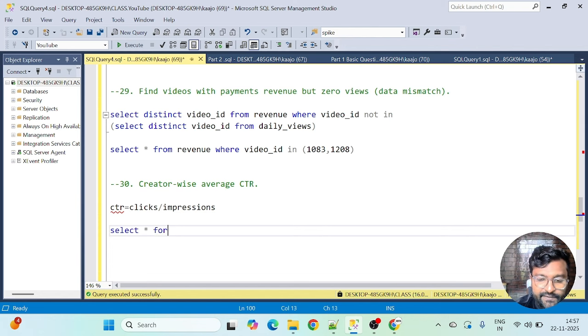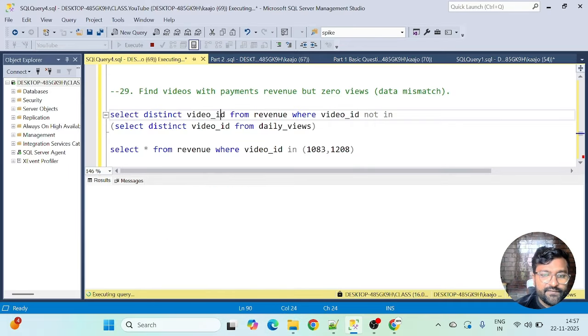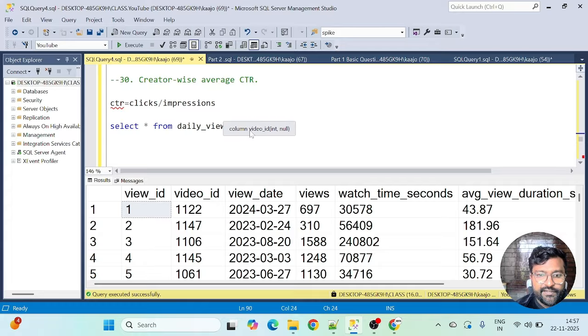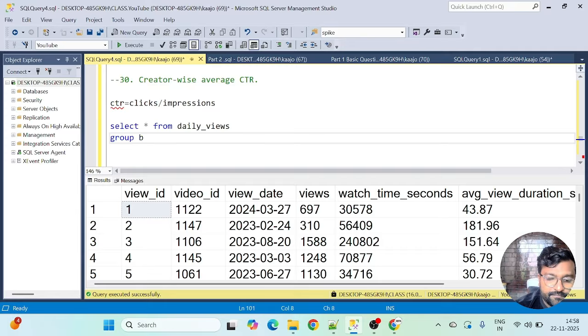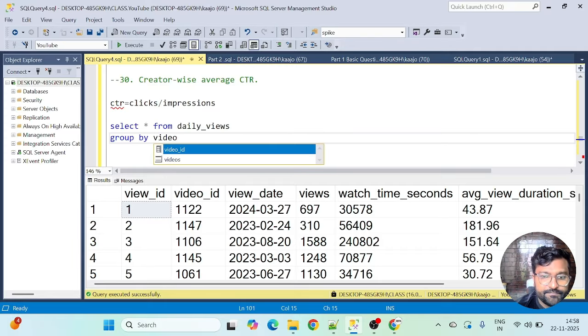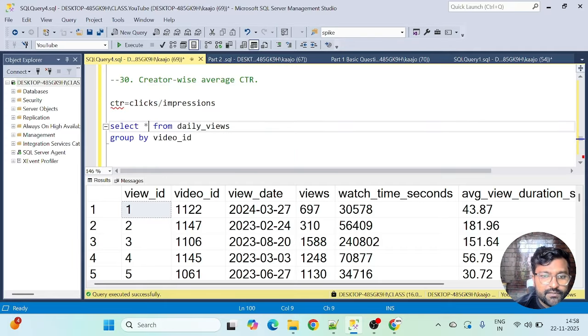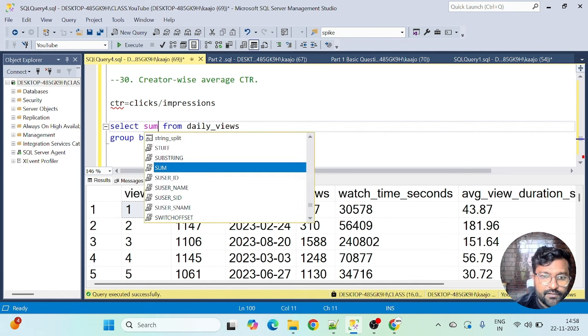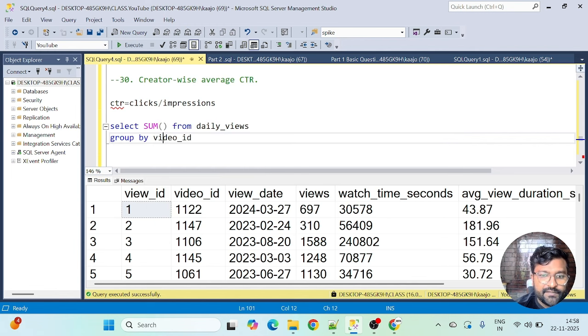Now CTR we will get from daily views first. Let's write the query from daily views, and then we have to take average. We will take it up for sure, right? Okay, so let's do one thing, because we will have multiple videos here. Do a group by video ID and take the sum of, it's the same question that we did previously.